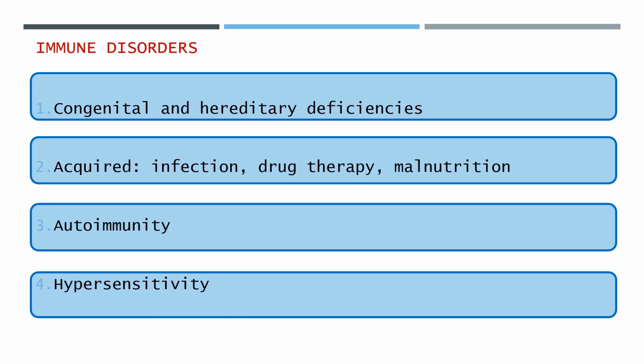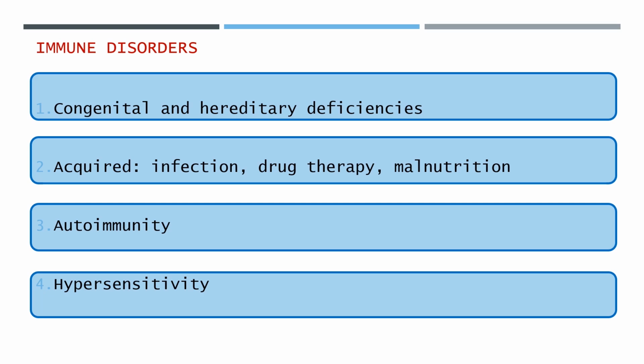Now, as beautiful as the immune system appears to be, there are times, reasons and situations where there are problems and disorders of the immune system, and at that point in time the body succumbs to invading microbial agents. There are different types of immune disorders. Some of them are congenital or hereditary, those that we are born with, either because of genetic deletions, or some of them are passed from one generation to the other, from parents to their children.